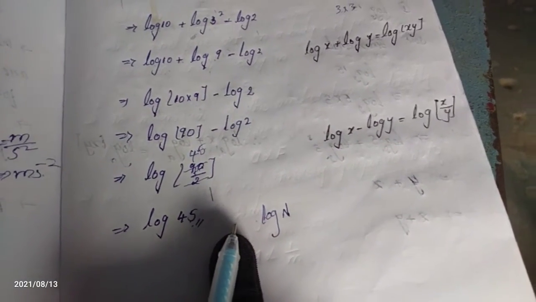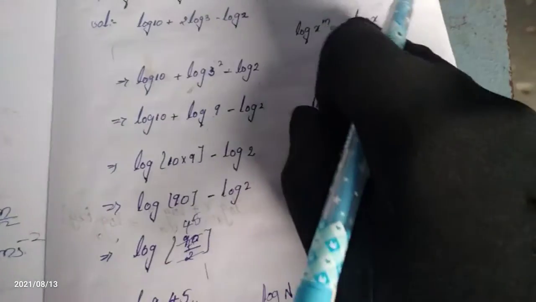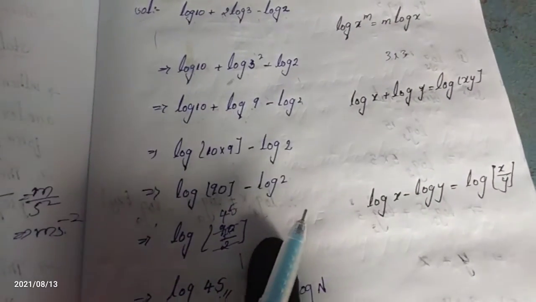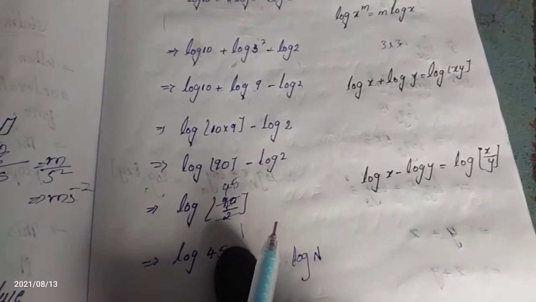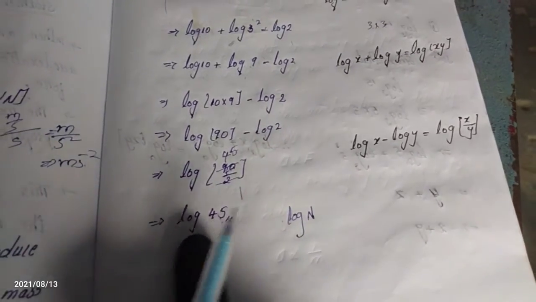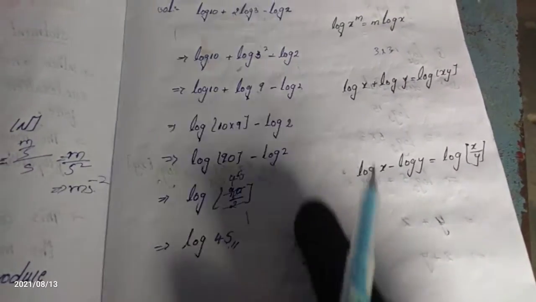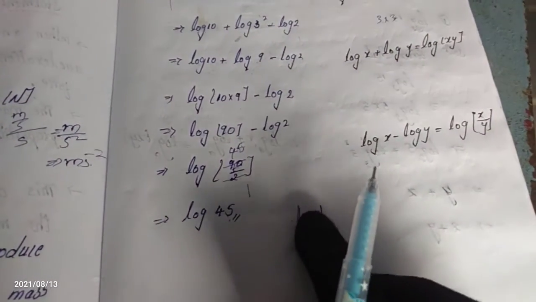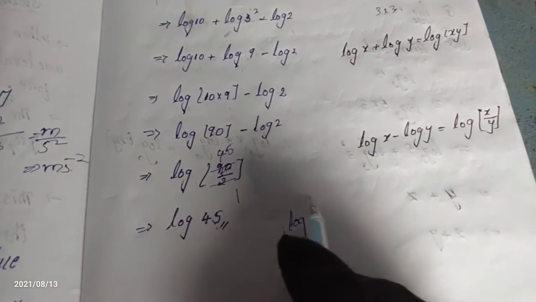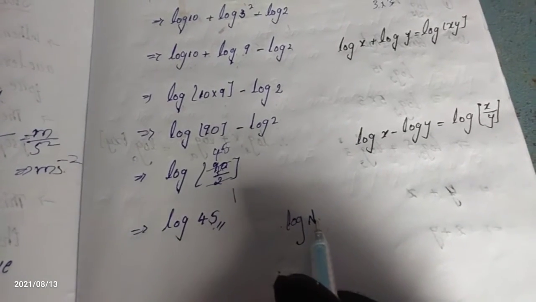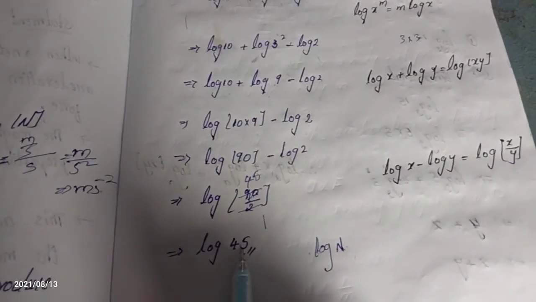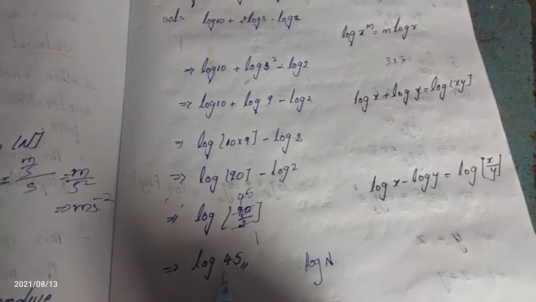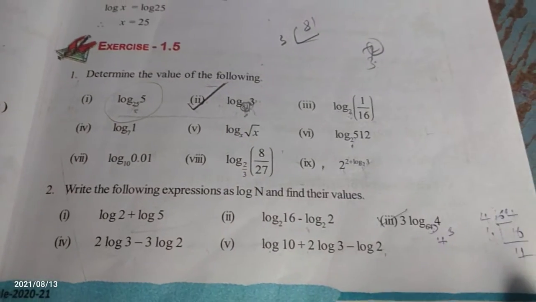What do we have to convert? We have to convert this expression in terms of only one single log. Here I am converting with the help of the laws of logarithms. In this problem we are using three laws of logarithms. With the help of these laws we are simplifying this problem up to log 45, because we have to convert the given expression in the form of log n. What is n? Here we get 45, so we are converting this expression into the form of log 45. This problem is completed.